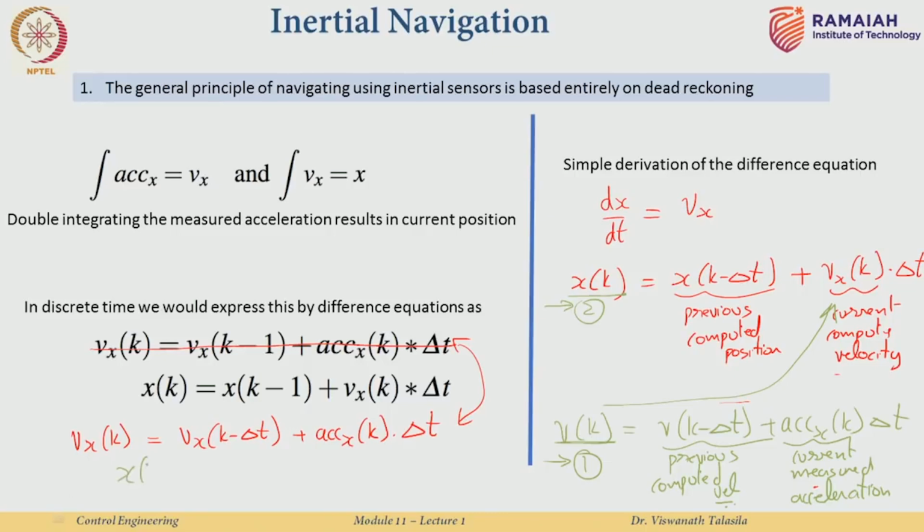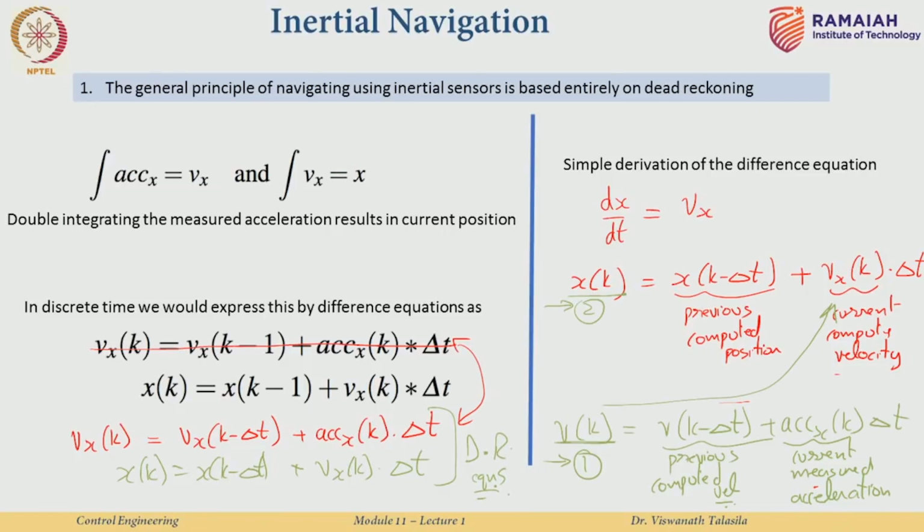So, this will just be x(k) equal to x(k − Δt) plus the velocity computed at time k times Δt. So, these are my dead reckoning equations,